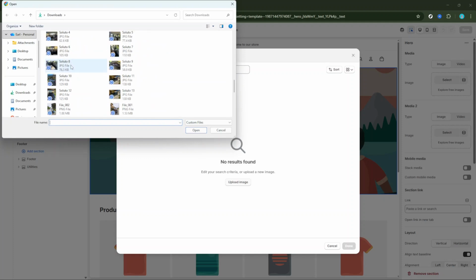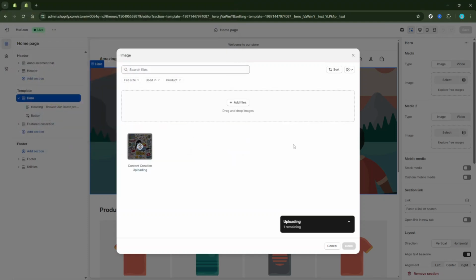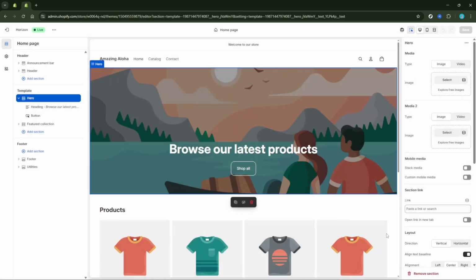Make sure that the images you choose are optimized for their respective devices. Larger and perhaps more detailed images for desktops, and lighter, faster loading images for mobile devices to ensure a smooth user experience. Now that you have selected the images, remember to click Save to keep your changes. It's essential not to skip this step so all your hard work doesn't get lost.